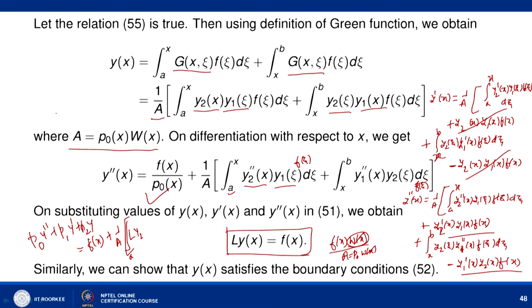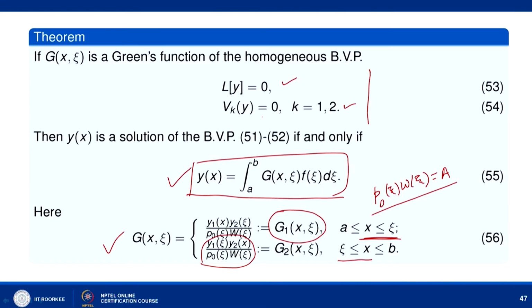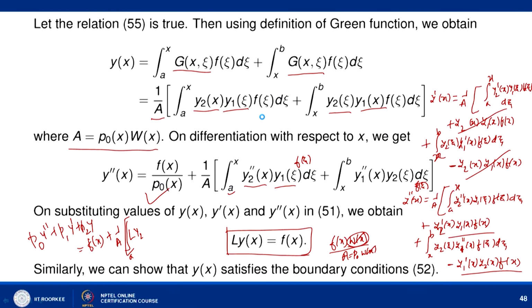Now we want to show that it also satisfies the boundary conditions. So boundary conditions are what? That is V_k y equal to 0. So here just note down that look at this particular problem. So here if you look at y of a, what will it be? If you look at y of a, you will get this integral a to b, and here you will get